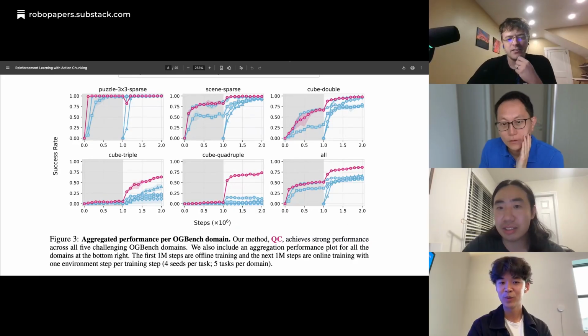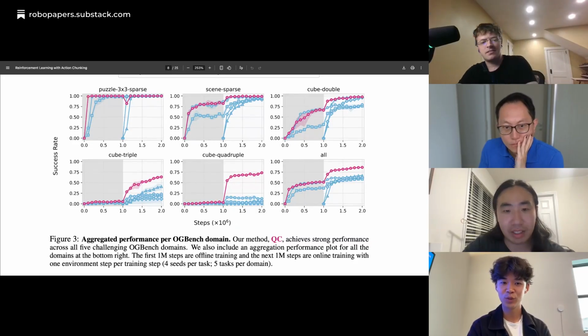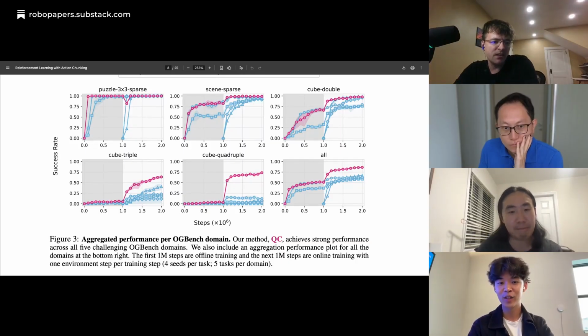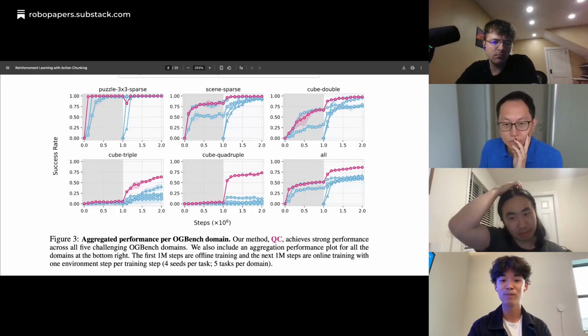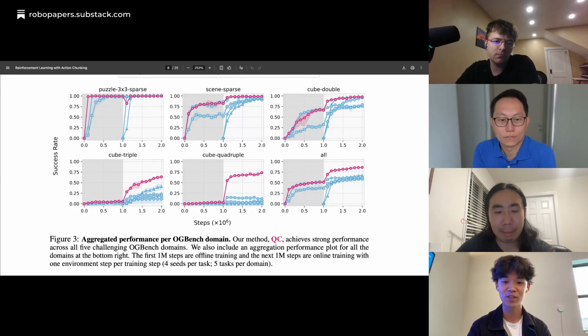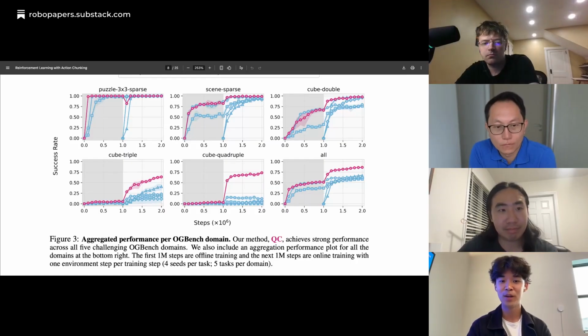That's right. Okay, so something really interesting if you look at these cube triple and cube quadruple graphs is that you can see the offline performance, whether you use Q-chunking or not, basically nothing really solves the task. But as long as you get a tiny bit of online interaction, basically just using RL on top of that with coherent exploration, that gives you so much performance gain. Basically, you're learning something meaningful offline with these temporally coherent actions that are not perfect. That doesn't solve the task, but once you start to adjust it a little bit, you can use this knowledge in a really efficient way.